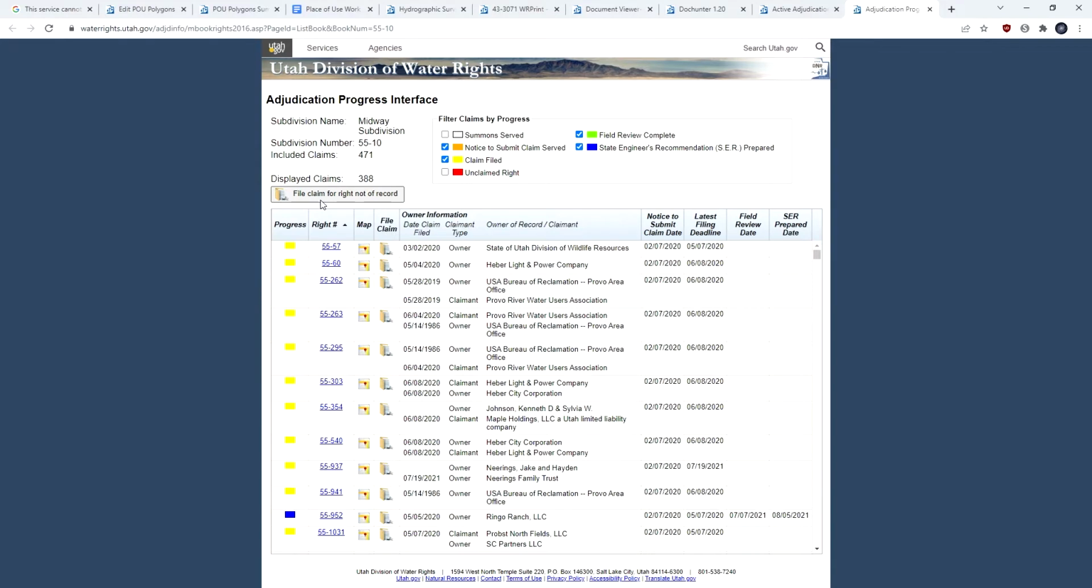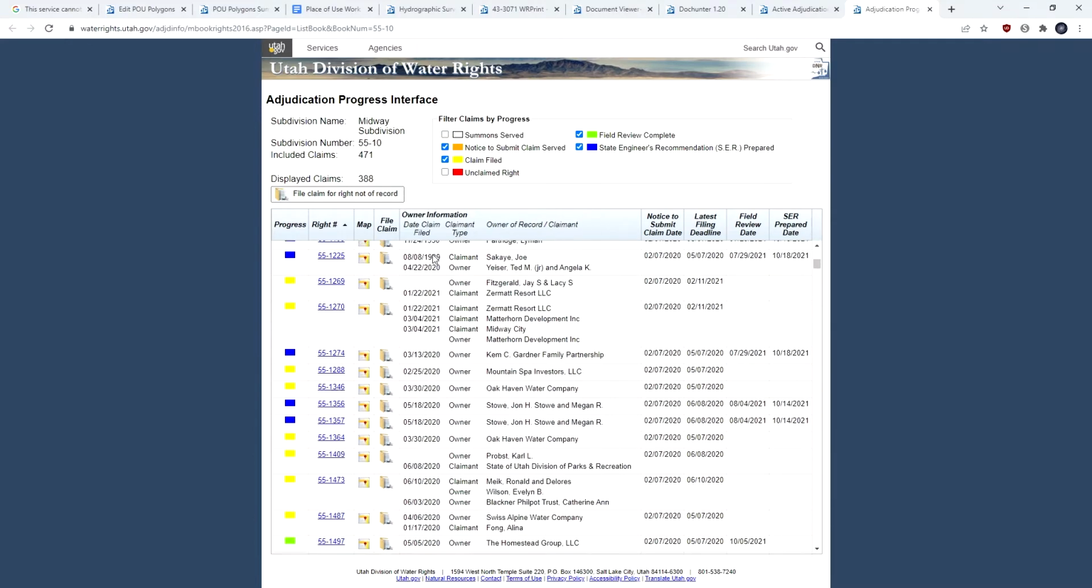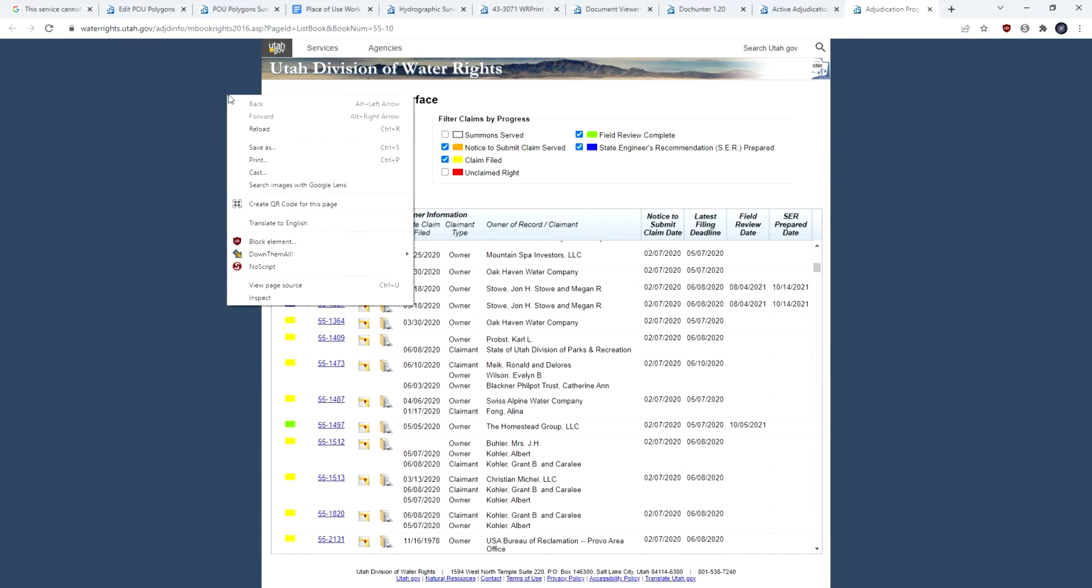If a resident residing in that subdivision did not get a claim form but thinks they have a water right to claim, they can click on this button and it will take them to our online water users claim form. And if we go back